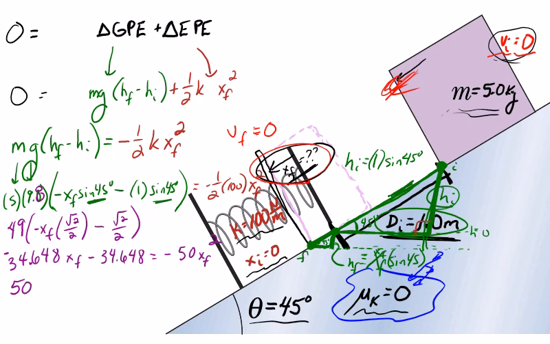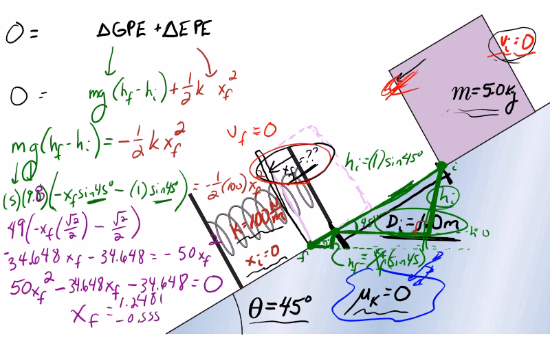So this would be 50 times XF squared minus my 34.648 times XF minus my 34.648, and that would all equal 0. So I would pull out my calculator and try to use the quadratic formula on this. Okay, finishing things out down here. When I typed it up on my calculator, I got 1.248, and then I'm negative